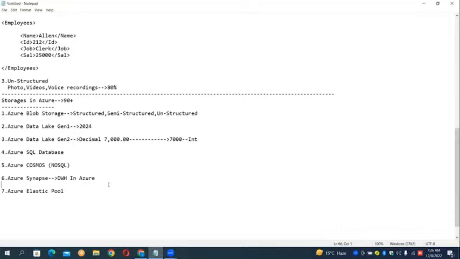And Elastic Pool is where you have a very large number of databases, multiple databases recorded in one place. Clear, everyone? So these are the storages, which hold structured and semi-structured data.